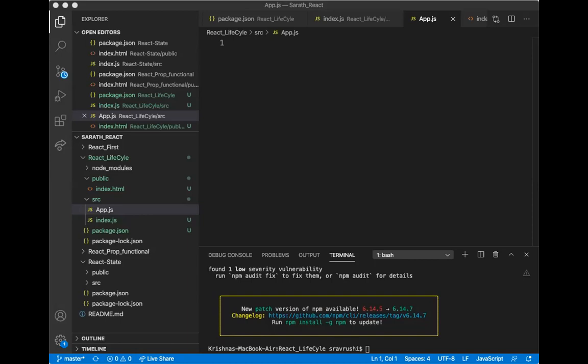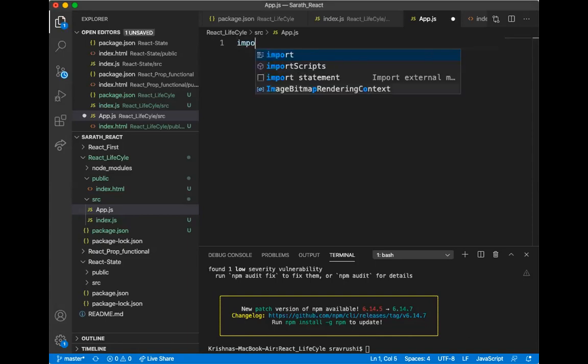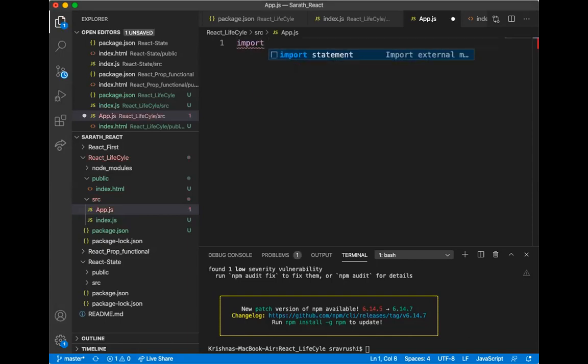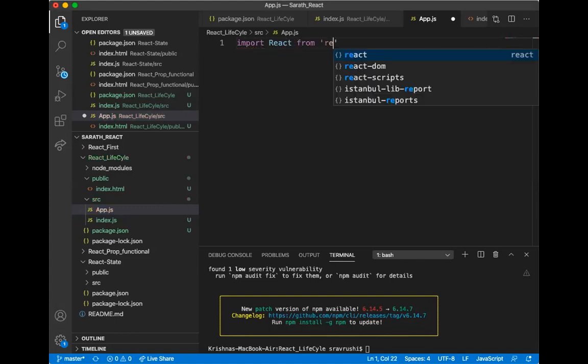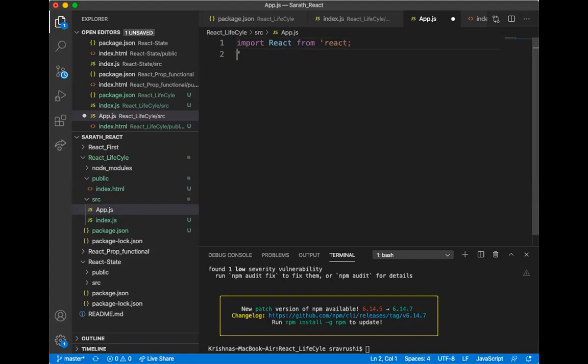Fine, cool. I am going to create one component here, the App component. I import React from react, and I am going to import app.css.